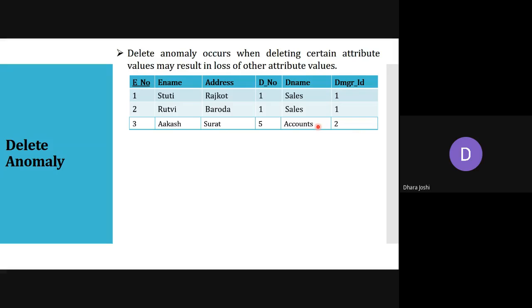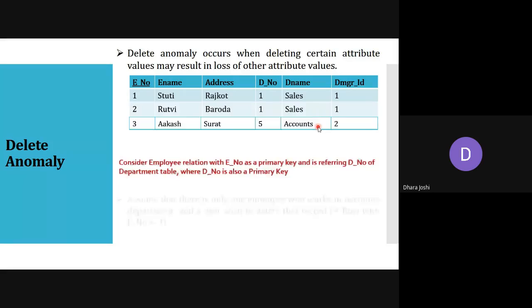If we have just one employee in that particular department, that doesn't mean that if that one person is going out of the organization, we are closing that department. The department will remain as it is, and after some time we will recruit other employees to join the department. So department details are also going with the deletion of this.